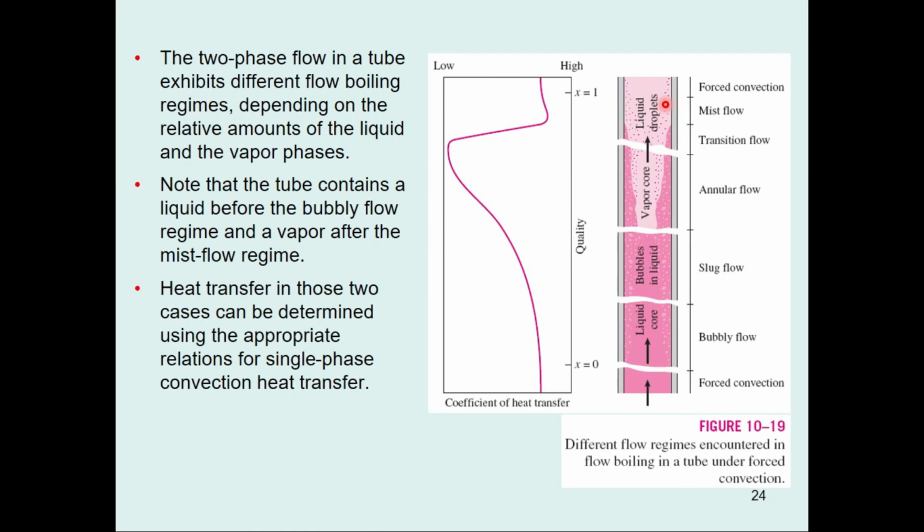What is the mist? It is the suspended liquid droplets in the vapor region, right? So we have a mist flow regime until all the liquid droplets in the mist flow are completely vaporized. At the end of the mist flow regime, we have saturated vapor, or completely vapor, which becomes superheated if we further apply heat. As you can see, the heat transfer suddenly increases in the forced convection at the end of this flow regime, that is, the flow boiling in the tube.